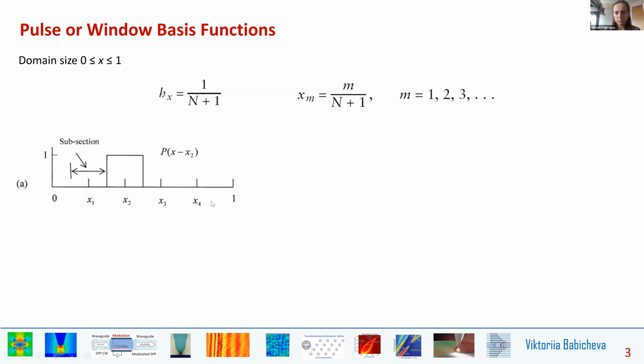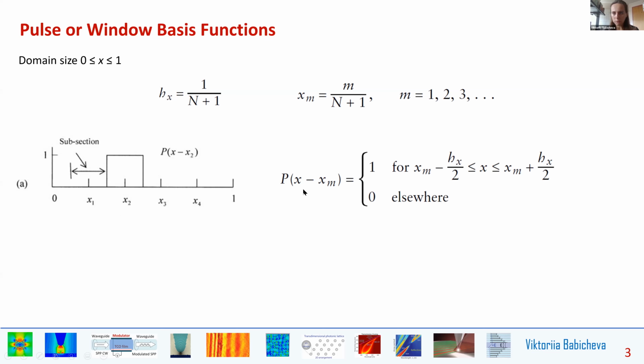And this is an example for the case of n equal to 4. Also, the window function, which is non-zero on only one subinterval, is centered about xm, and is defined as p